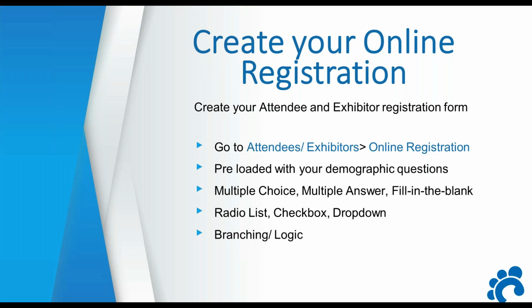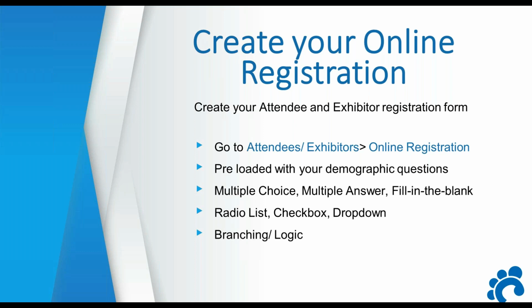Now to do this, you just simply go to attendees or exhibitors, depending on which registration form you're setting up, and you go to online registration. Then you'll click on, I think it's edit registration form. Once you open it up, it's actually going to be preloaded with demographic questions: first name, last name, email, address, information that you typically would ask any type of